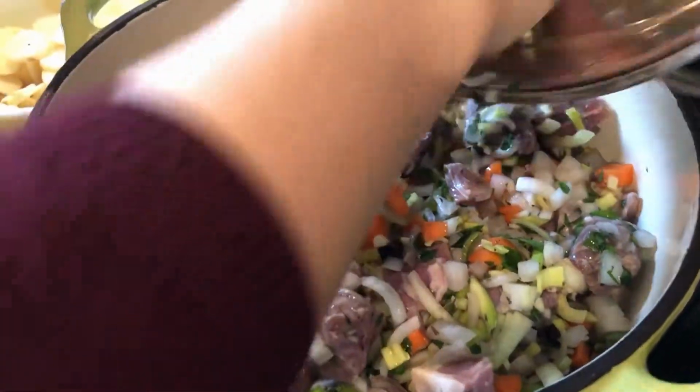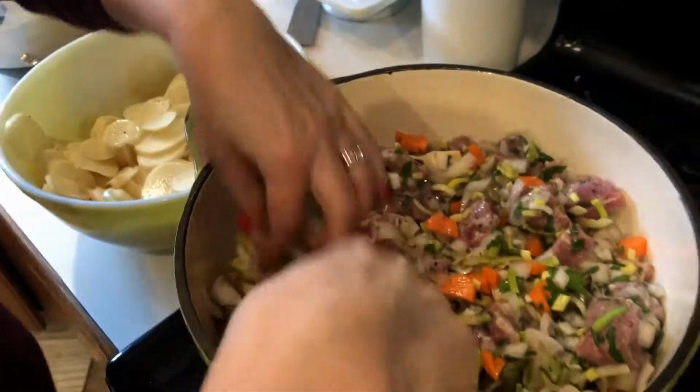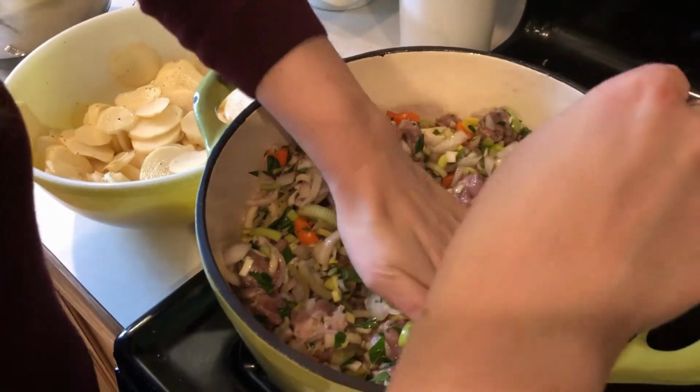This just smells so good. I wish you guys could smell this. From the wine and the parsley is what I smell most. I smell a lot of onion. Okay, so